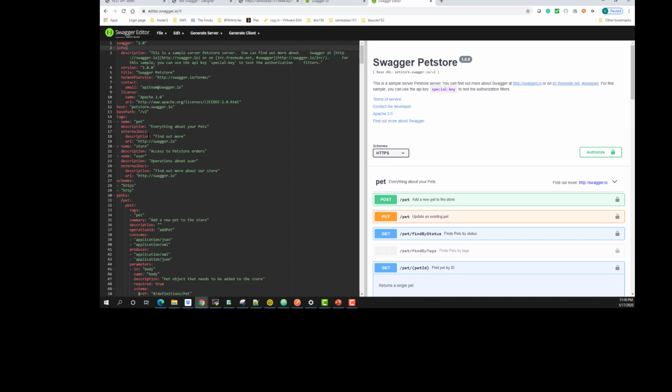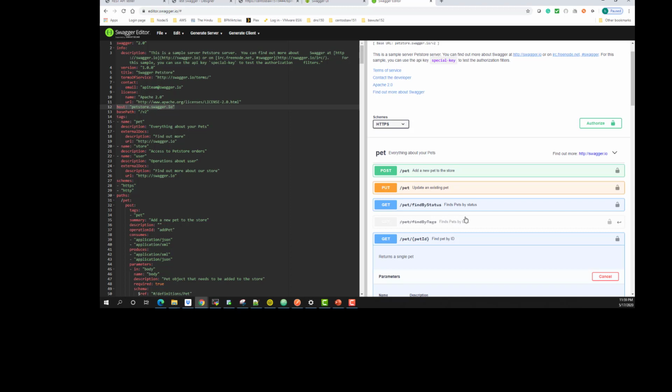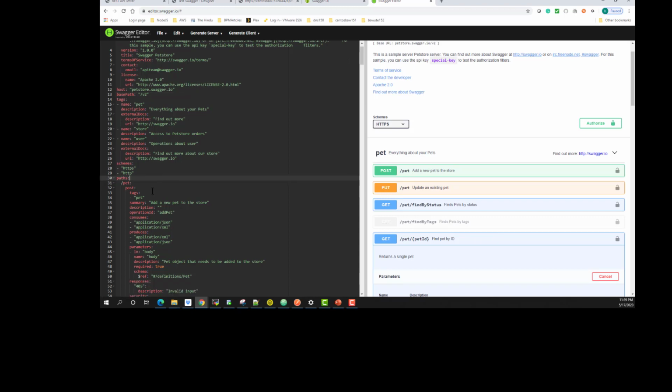So here it uses HTTPS and HTTP, so you can see that drop down, right? Because it's mentioned here too. And the important thing we need to look at is the host, right? So this is the host where this API is hosted. So when you are calling these REST APIs, this is where your request goes to, and the response will be issued. And then we have the base path, which is the base path for all these REST APIs. So after that, you have